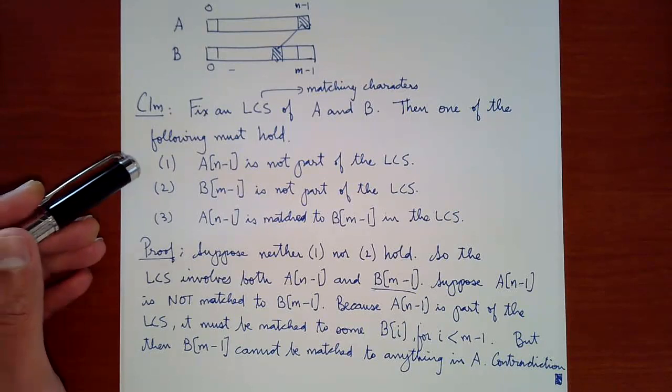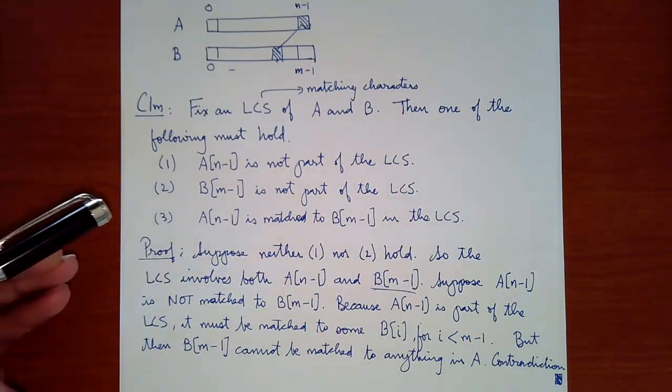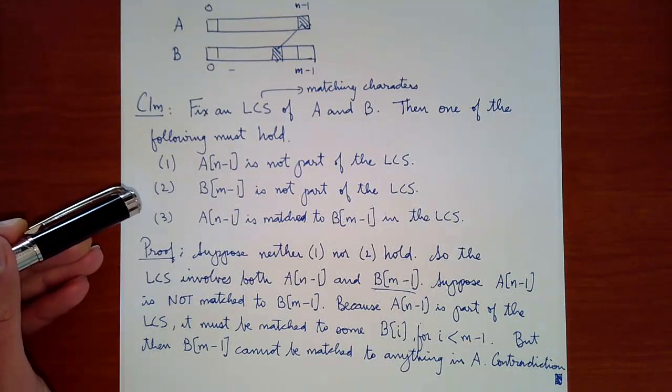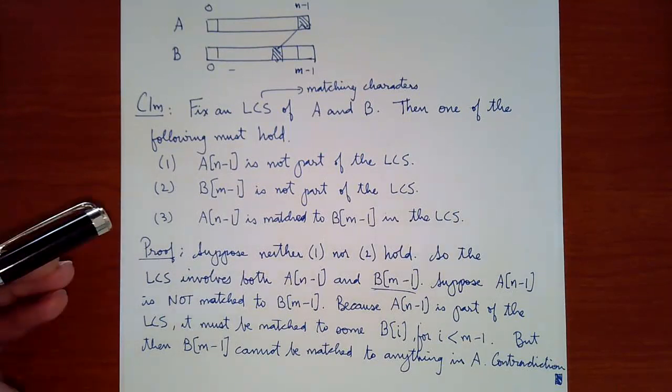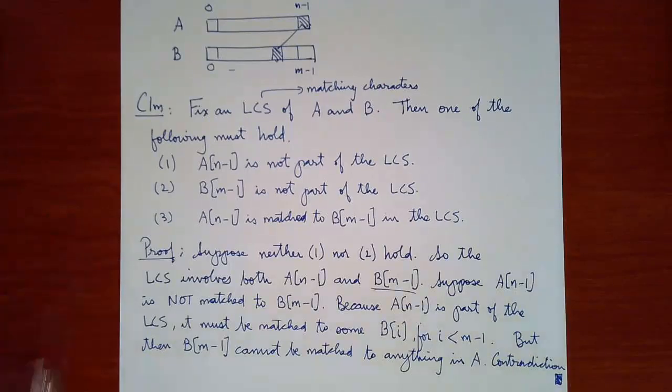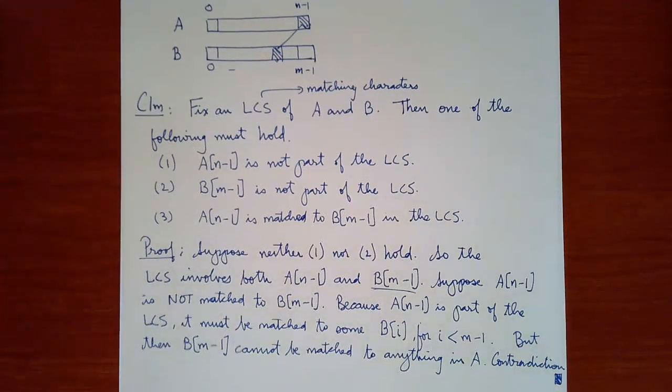If the last ones are the same, then you can use both of them, or it's just a maximum of either we remove the last character from A, we remove the last character from B, or we match them if they're equal and then remove both of them. And then remove, exactly. So the thing is, in either case,